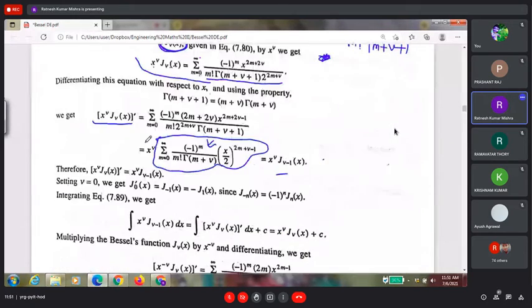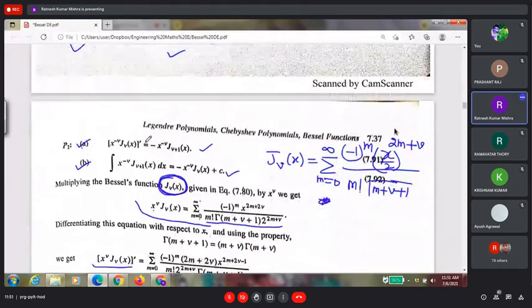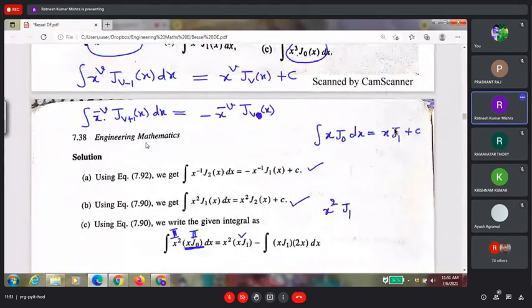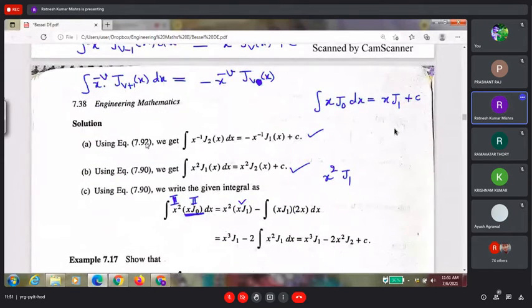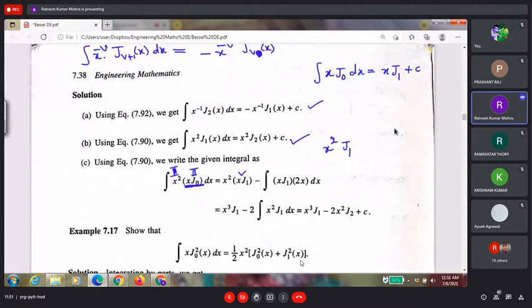This is... अच्छा लिखा तो है, ठीक है, d equal to 2 and v equal to 2, so x square j1x is x के power 2 j2, so this is, and you can find this one.